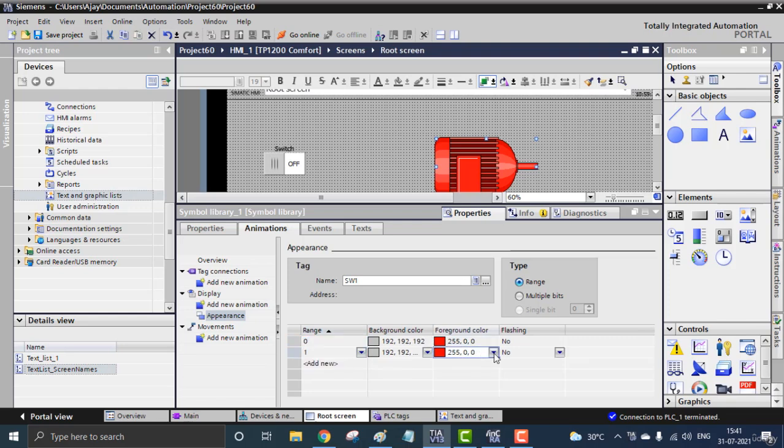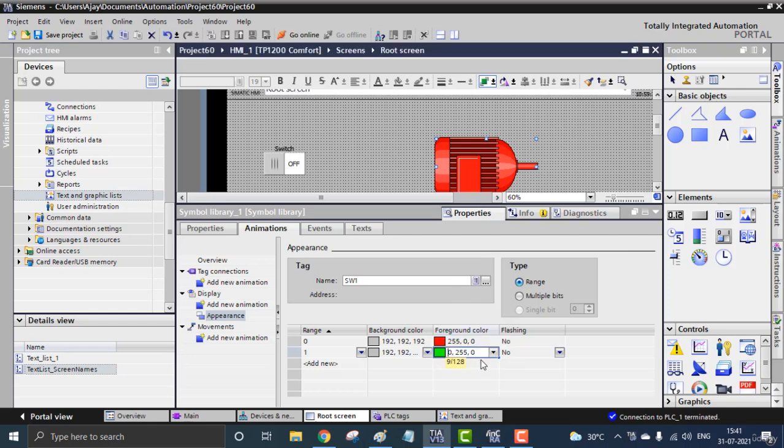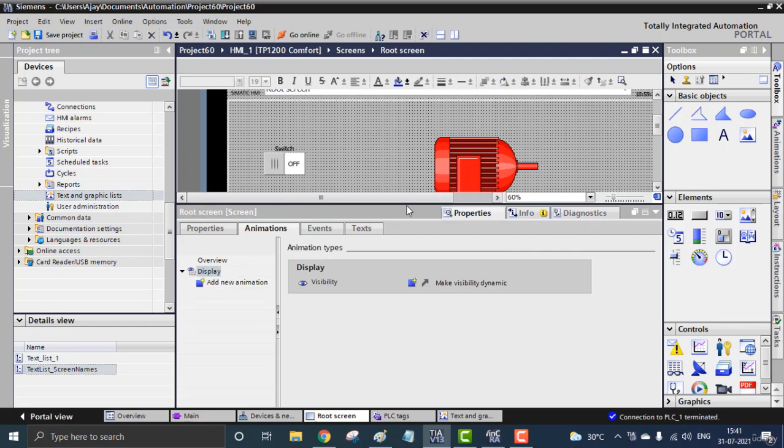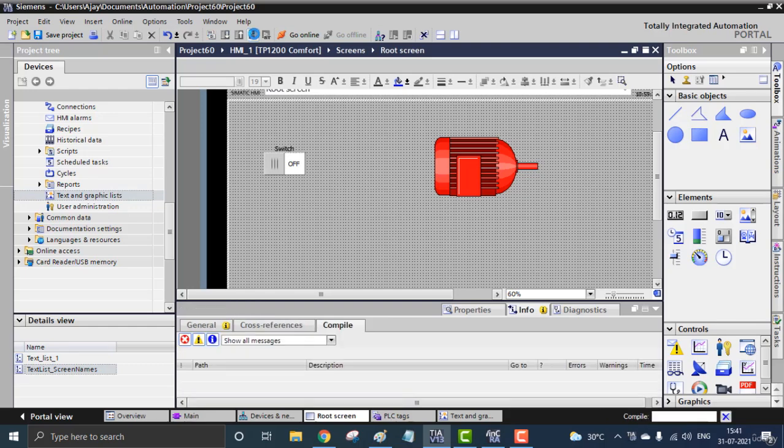At 1, the foreground color should be green. We don't need that background color, because we are not focusing on it, it's invisible or transparent, and we don't need the flashing right here. Anyway, I'm not going through that. So let's see a simulation.